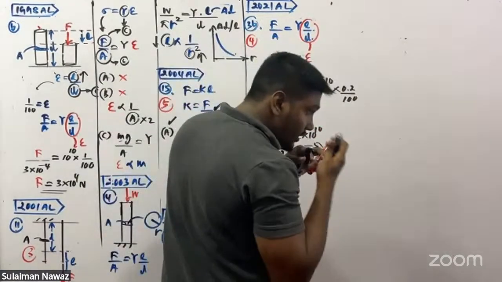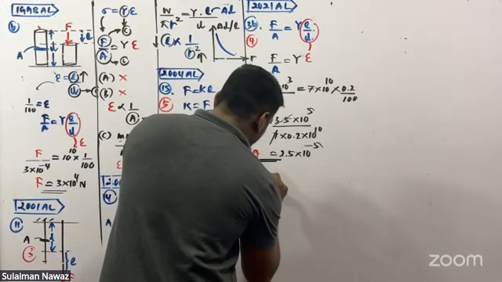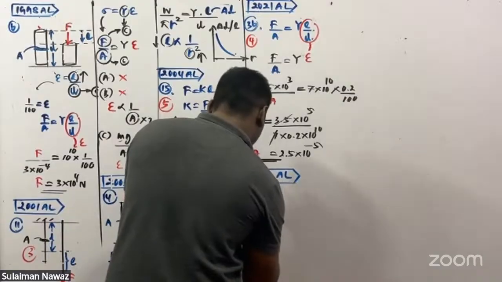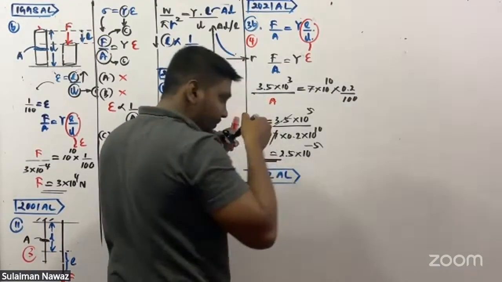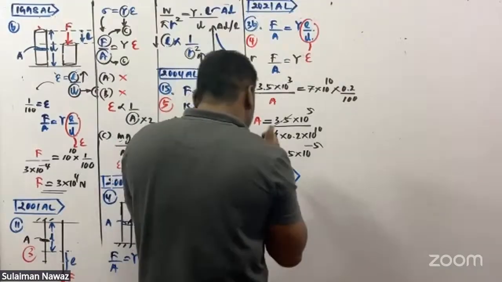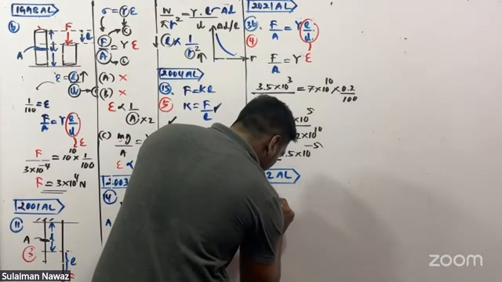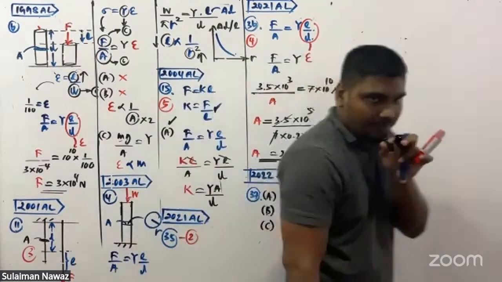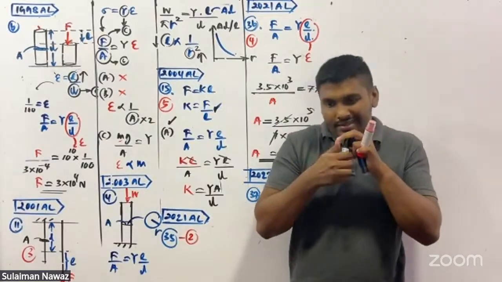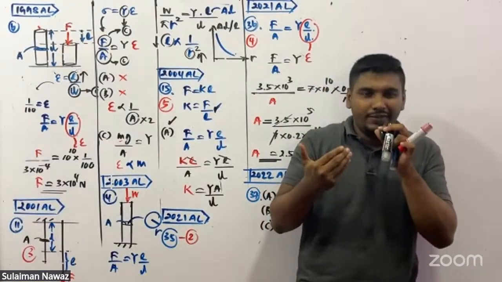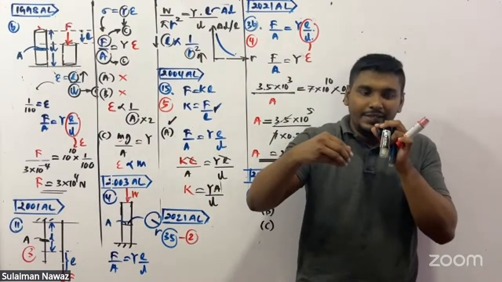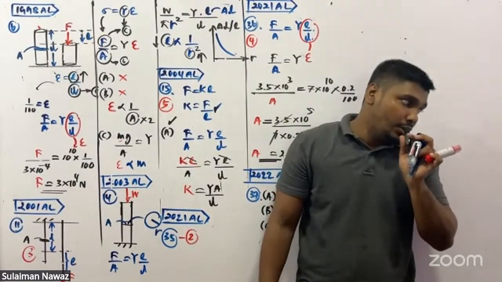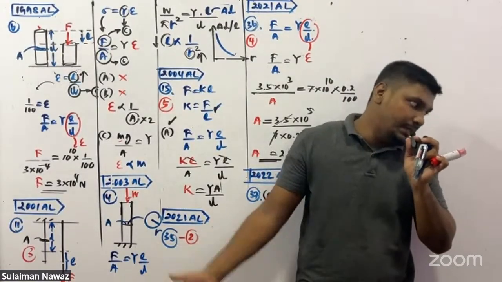37, 2022 A level. Idea: three statement questions. Statement capital A, capital B, capital C. Now remember, Young's modulus is a property of a material. That's like a property that we have. We have different qualities, just because we wear different dresses, our qualities won't change. Same story. The Young's modulus of the material of a wire depends on statement A, the initial length of the